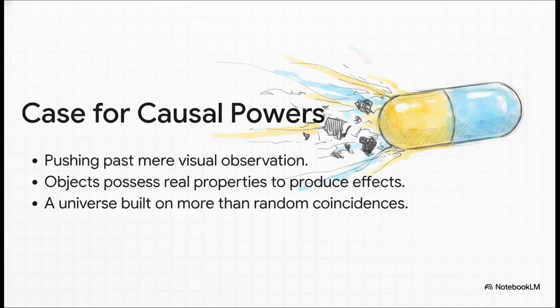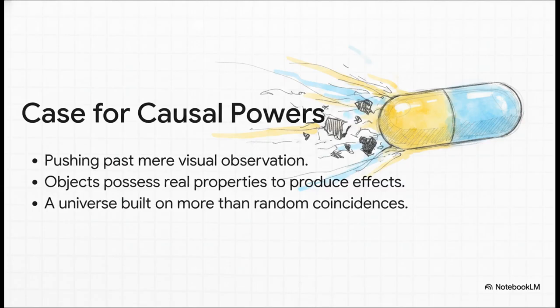A lot of thinkers firmly argue the case for causal powers because, well, it's just the most practical way to navigate, predict, and survive in our reality. Think about medicine for a second. If someone takes a pill and is cured of an illness, we desperately need to know that the pill possessed the actual causal power to fight the disease. We need to know it wasn't just that taking the pill and getting better are a habit of sequential events.